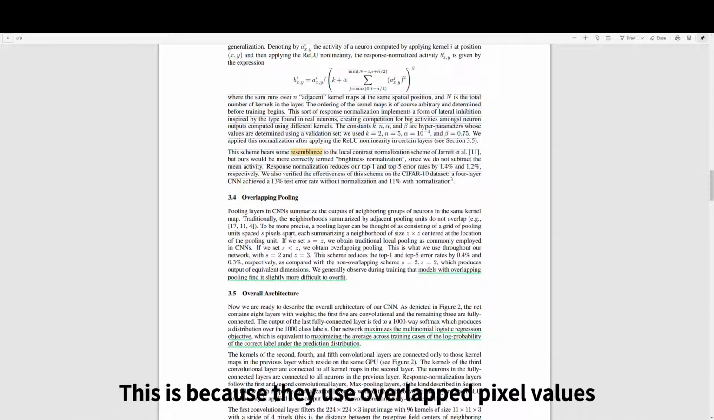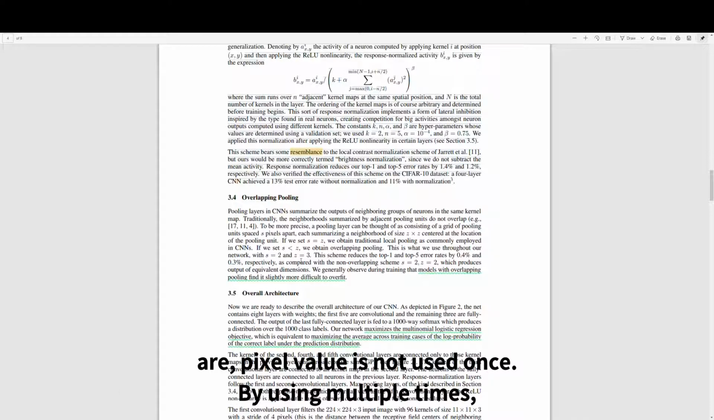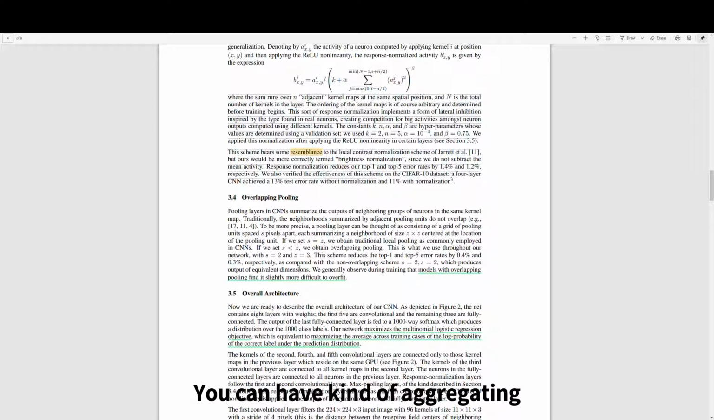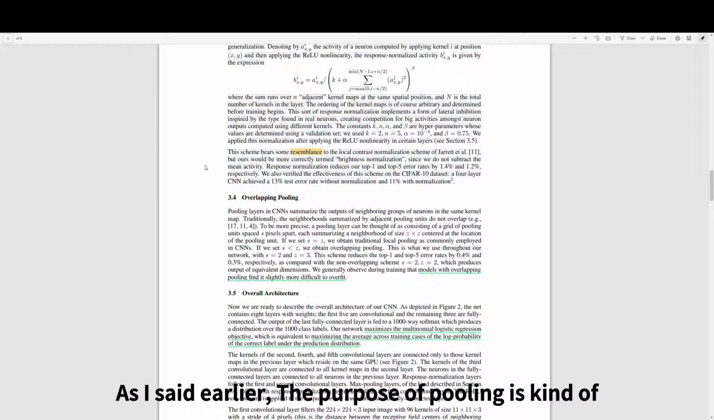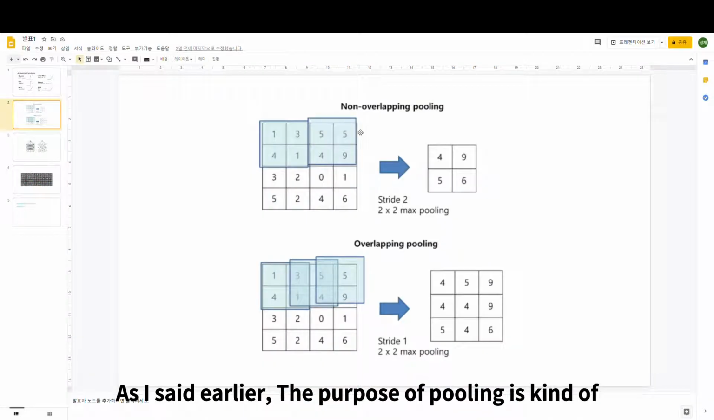This is because they use overlapping pixel values over and over, so that a pixel value is not used just once. By using it multiple times, it can aggregate many pixels to make the result. So this is the reason they use overlapping pooling, but as I said earlier, the purpose of pooling